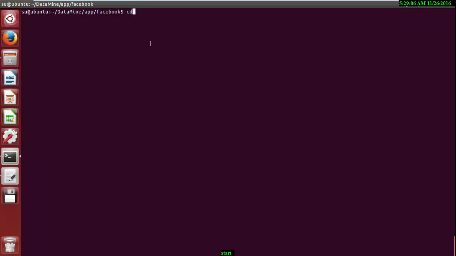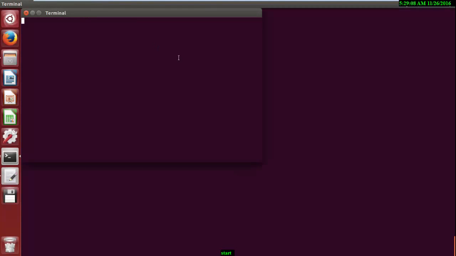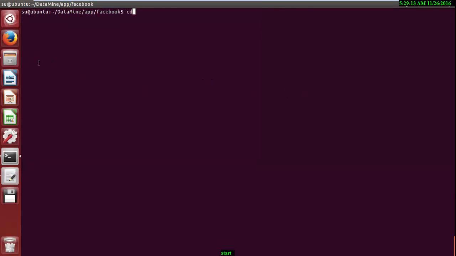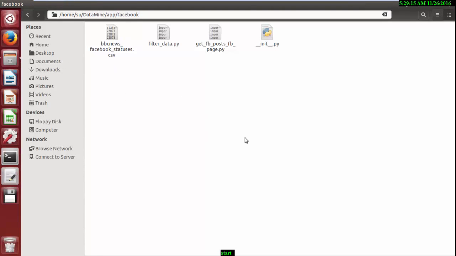So let me open another terminal for you guys. Yeah, that's where I place my folder inside data mining.